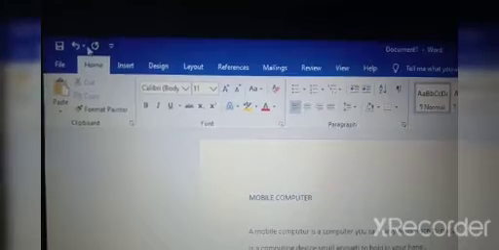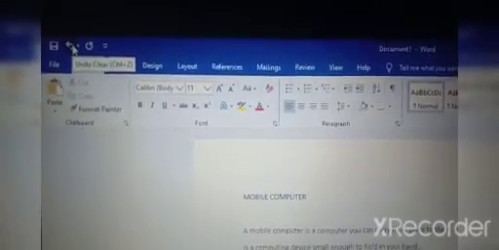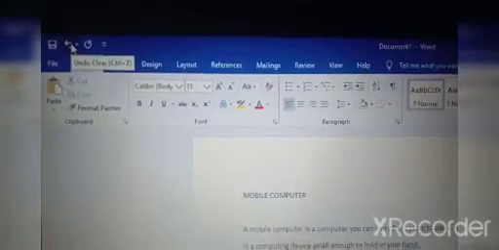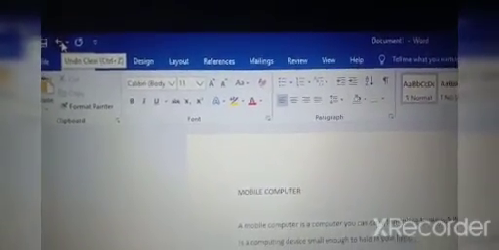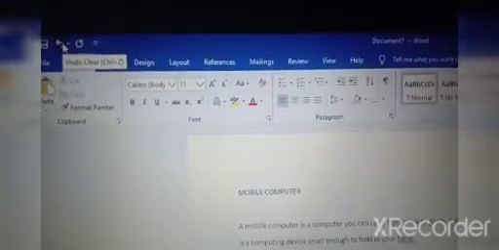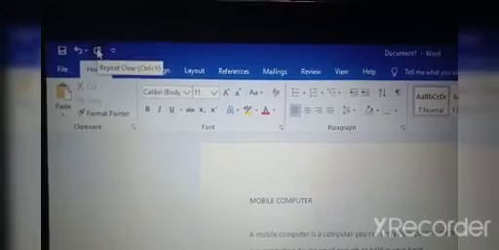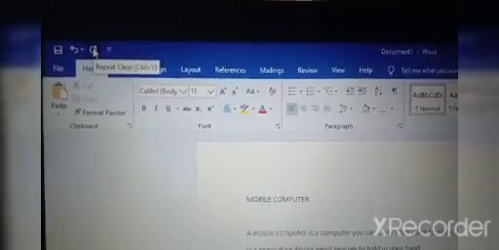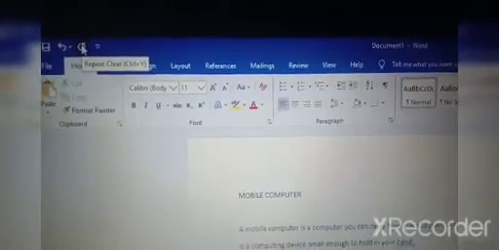Undo means what? See here children, this is called undo, and for undo you can press the Ctrl and Z keys. To repeat whatever you have undone, you do redo.